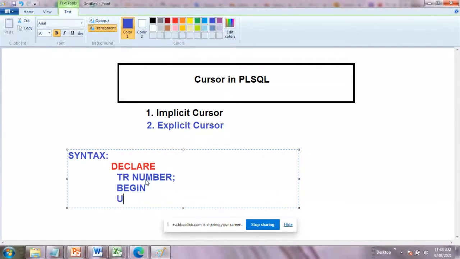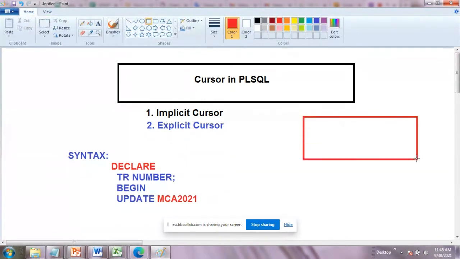So here I am going to write the update query. Update MC2021 — that is the table. Here that table holds the records. I'm going to create a table here so that it is easy for you.